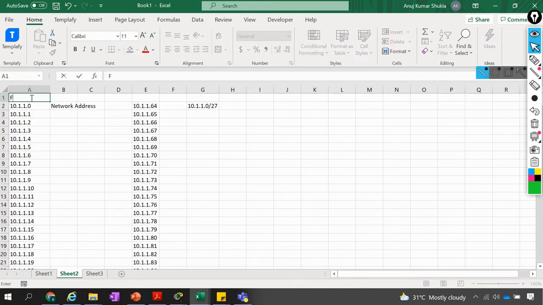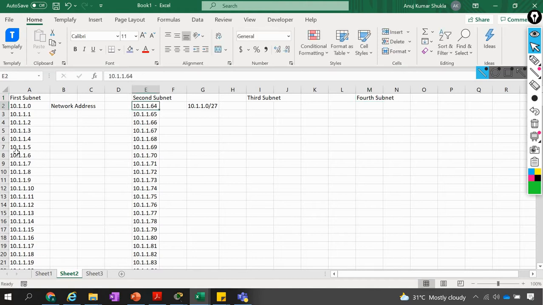So this is our first subnet of this /27, and this is the second subnet. I will copy the third subnet here. Why am I doing that? So that you can have a clear idea. I have taught you many times, but I have not shown you all the IP addresses, so I thought to explain that.